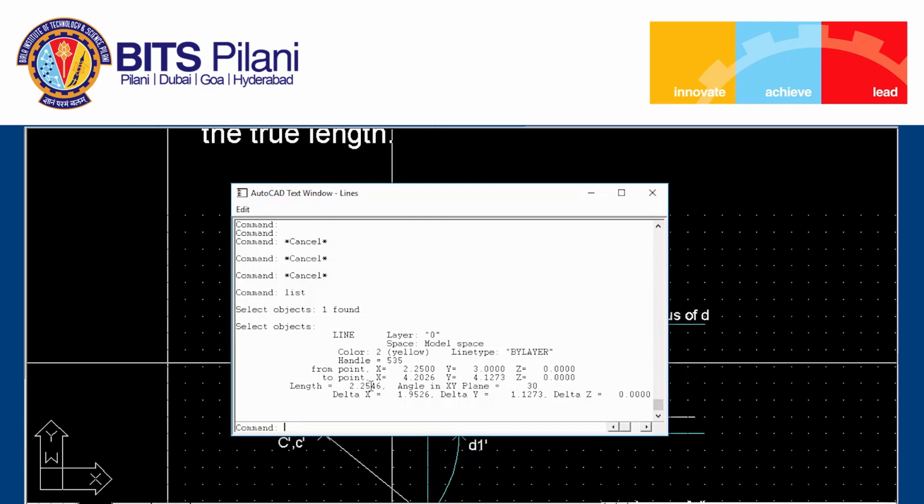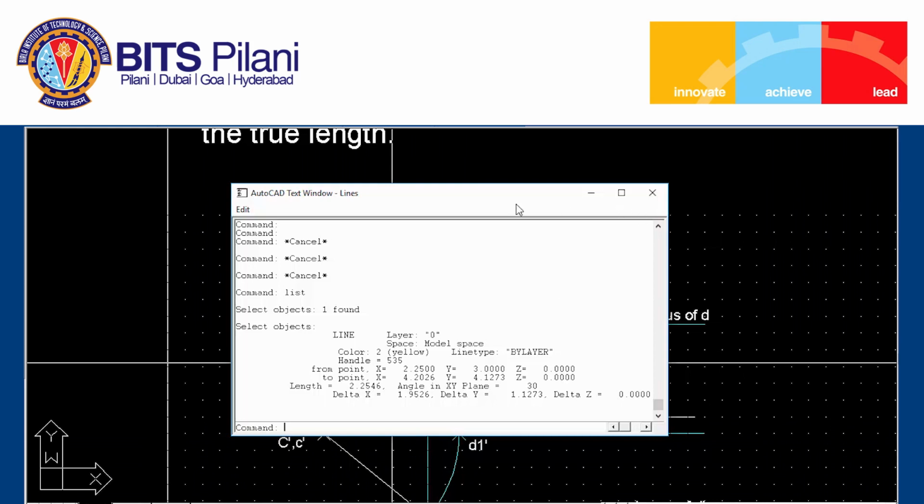So it is in terms of AutoCAD unit. 2.2546 is in AutoCAD unit, and I said that one AutoCAD unit is equal to 100 millimeters, and we divided one AutoCAD unit into 4 parts. That's why the distance between two grid points is 25 millimeter. So here it is 2.2546 AutoCAD units. So multiply by 100,